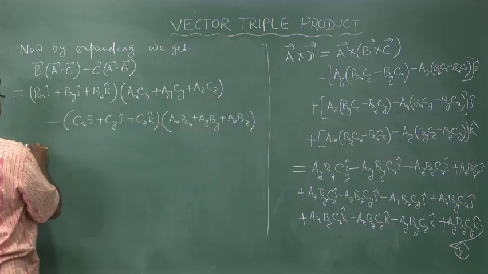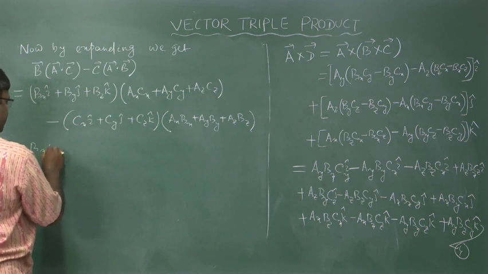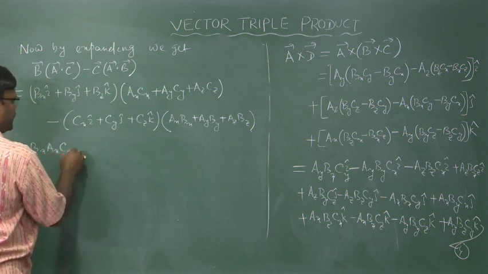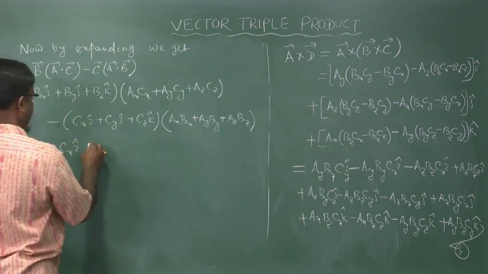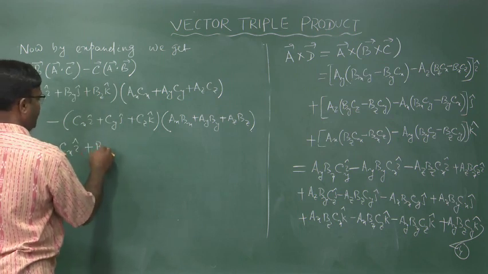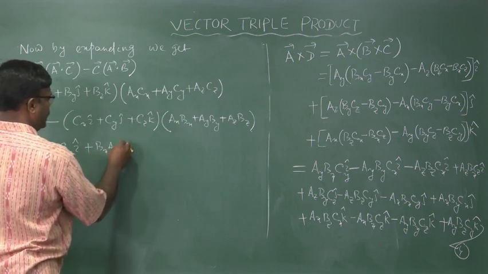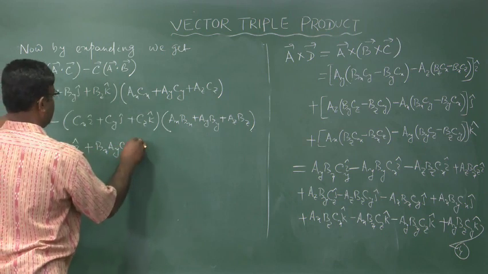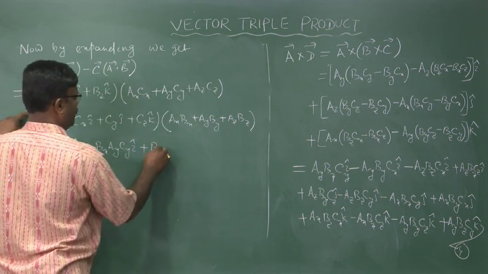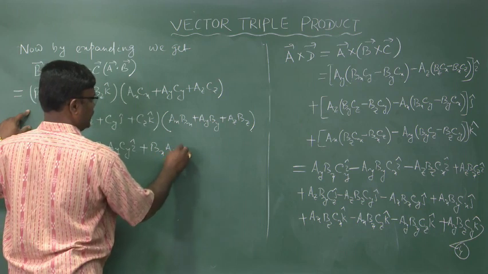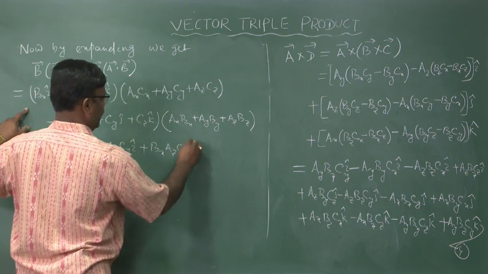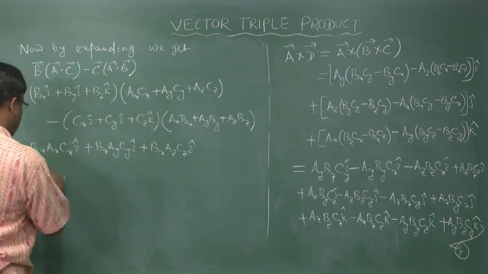So we can write Bx Ax Cx I cap plus Bx Ay Cy I cap plus Bx Az Cz I cap plus